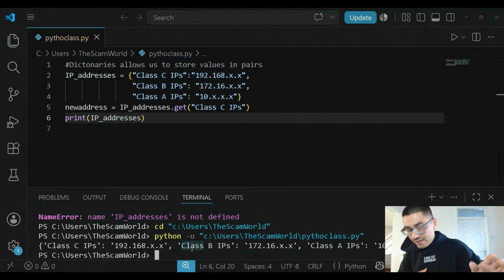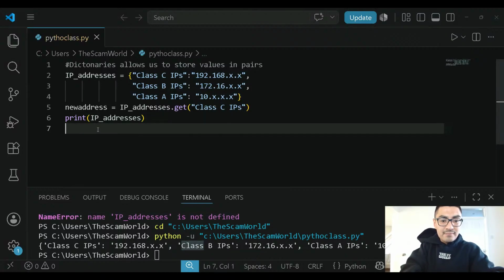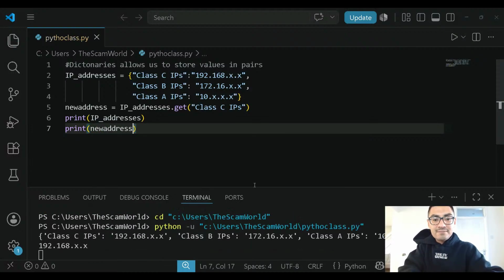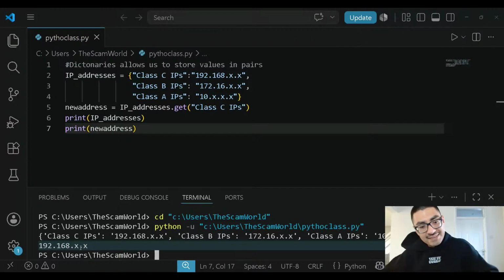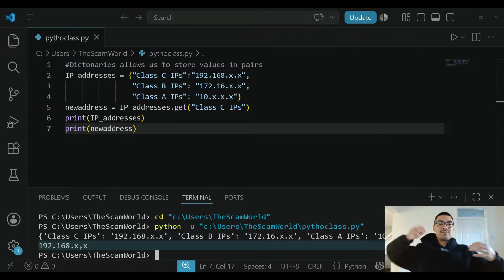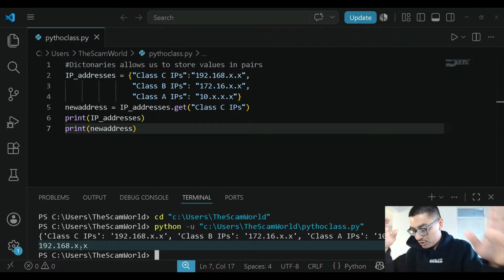So far here we're good, but let's go back and let's print new address. Let's run it again. Why did I get a mistake the first time, guys? Do you guys know why I got a mistake the first time? If you know exactly what happened, throw it in the comments. But if not, maybe it was just probably a mistake on